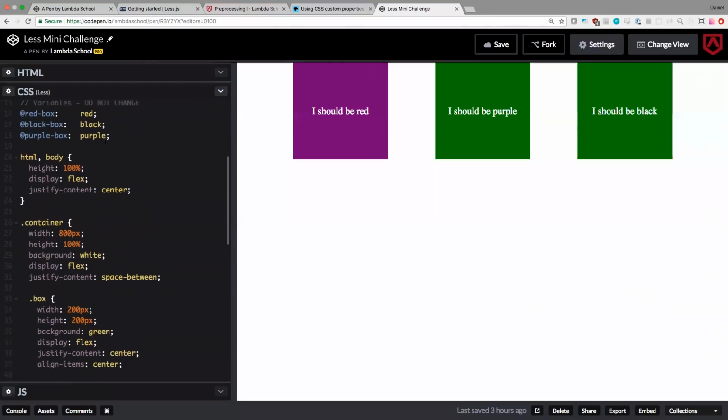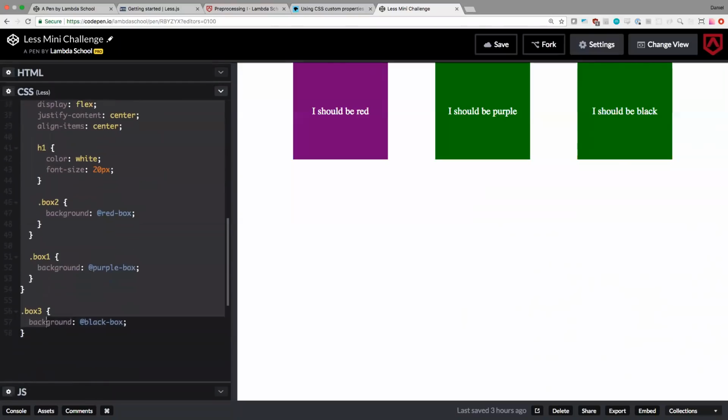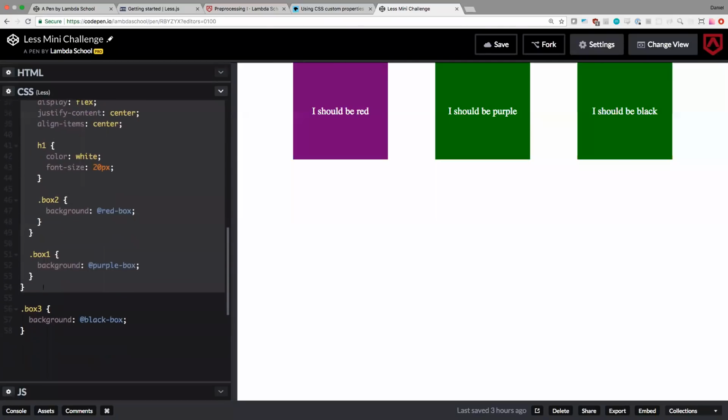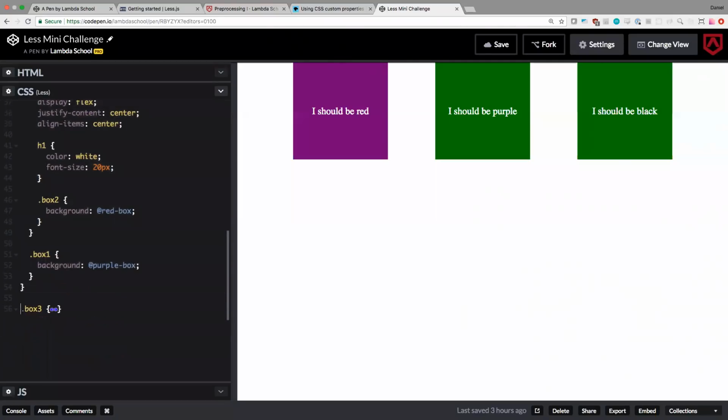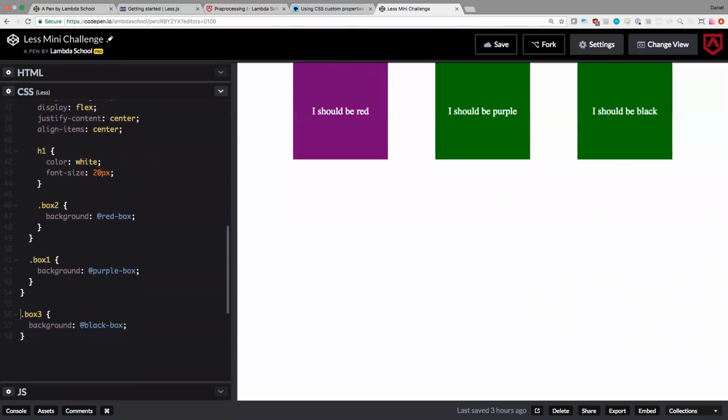So that's the cool thing about Less, that we can see our structure right here. So what's the first thing you notice? The first thing I notice is that box 3 is completely outside of the container, right? And it needs to be within the container for that specificity to work. Because